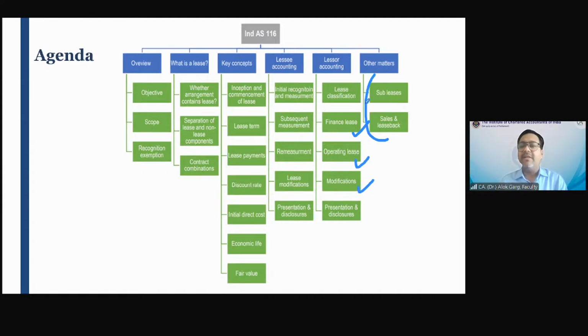So friends, if the question has to test you in the examination, the most complex topic from Ind AS 116, probably you will have the questions from lease modification, you will have the questions from sale and leaseback, you will have the questions from the sublease, and you will have the question, of course, on the lessee accounting,